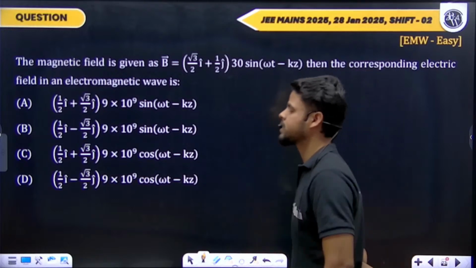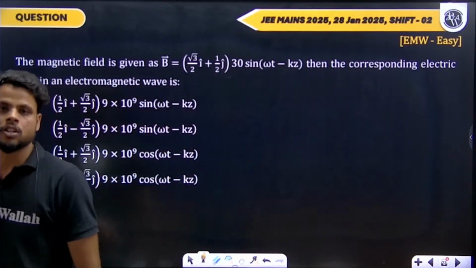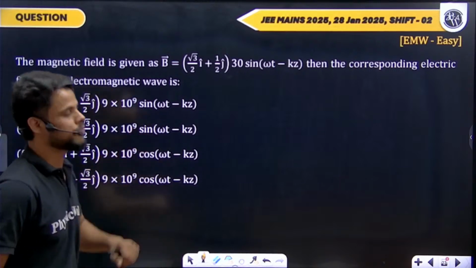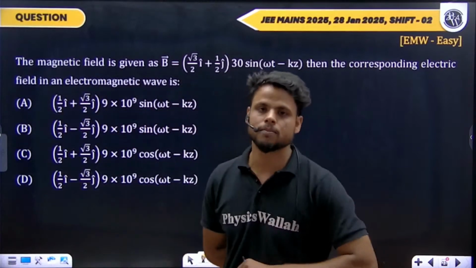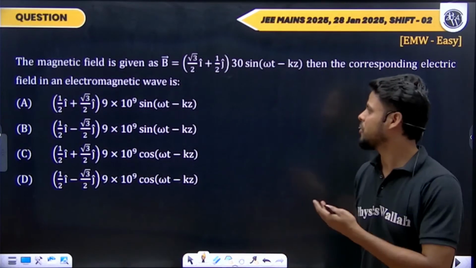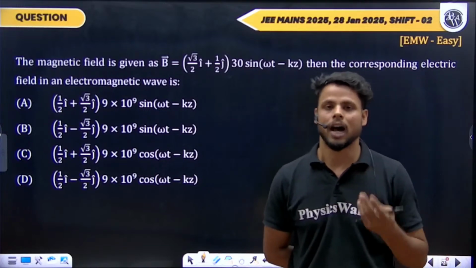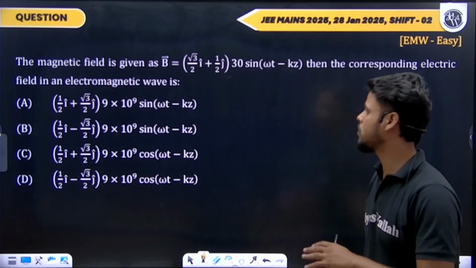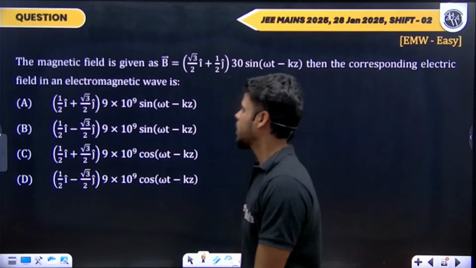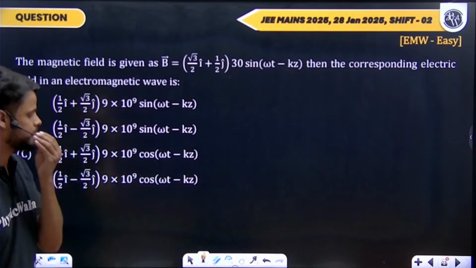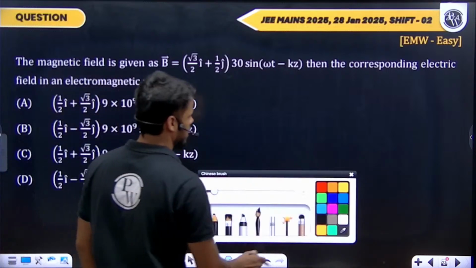Now first of all, let us discuss this first numerical. This numerical is from EM waves and comes under the easy portion because after applying a very short formula we can solve it directly. Now let us continue to the numerical. Now we have given that